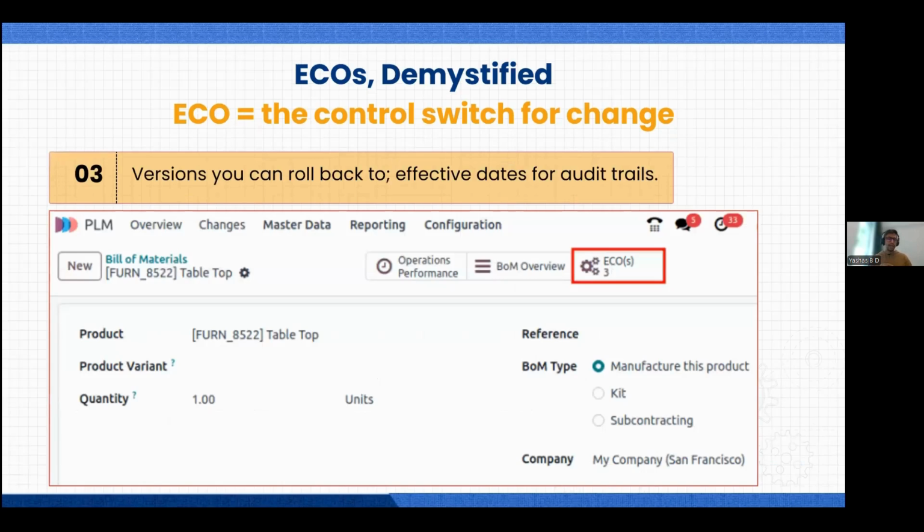And then, as I said, for an existing product with multiple bills of materials, you can see on the screen we have given a very small screenshot from Odoo itself, where it says how many ECOs have been done on this. That is, for a particular bill of materials, how many different engineering change orders have been done, how many versions it has been changed for, so that the latest version is available for the change. That is what this screenshot means.